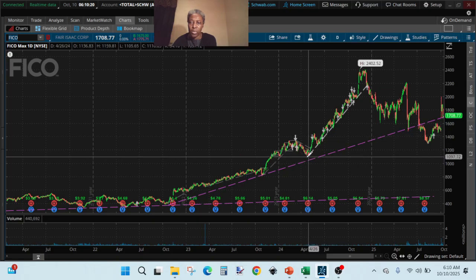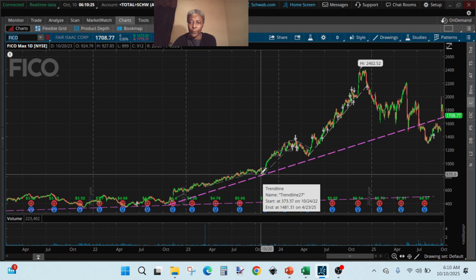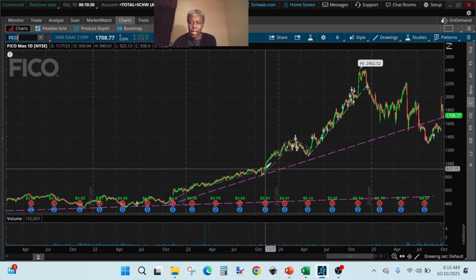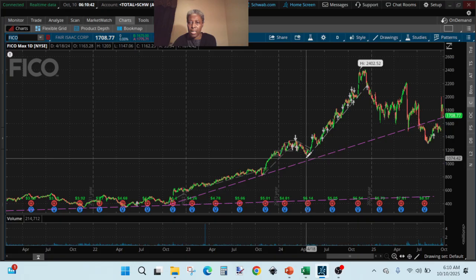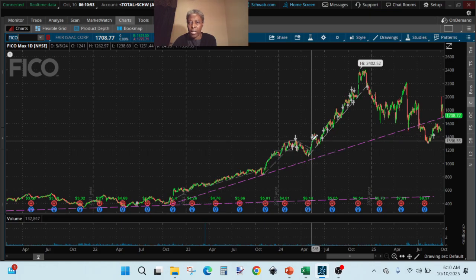Here it didn't really touch base with it. So if we decided that this is the touch point, it didn't take long before it started making new highs though. I think I will be more conservative, taking this touch base point here. And if I do that, I will say it started making new highs somewhere here, and from there it was